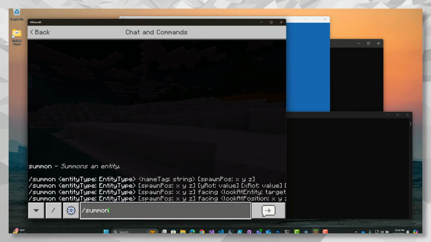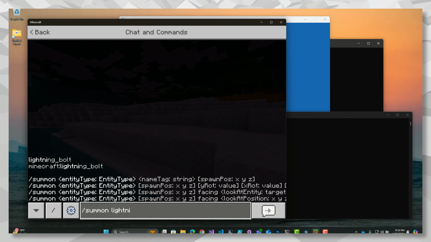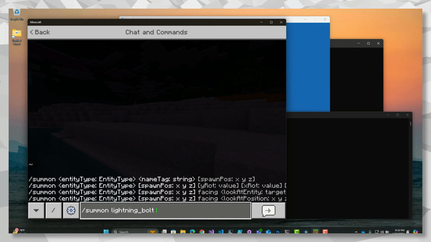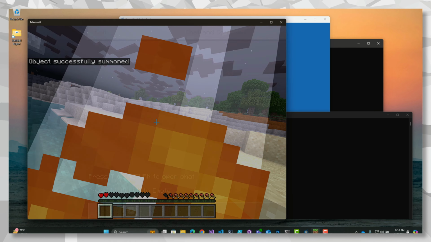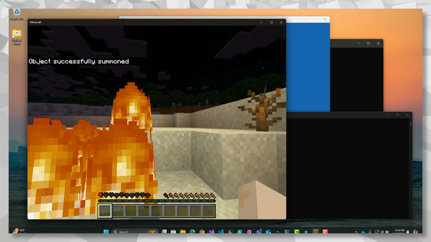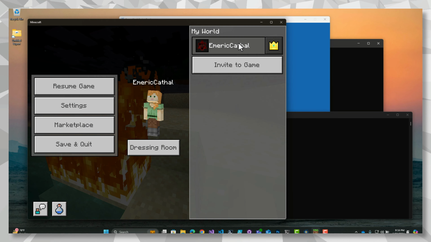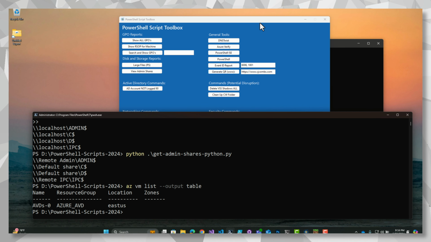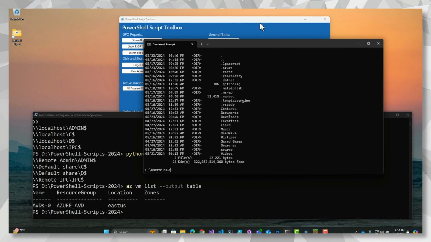So I can summon a lightning bolt here. Okay, let's not die. Anyway, so joking aside, it's very powerful for you to understand commands and understand what's in